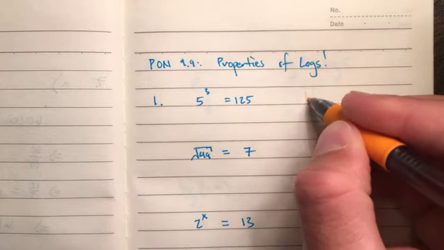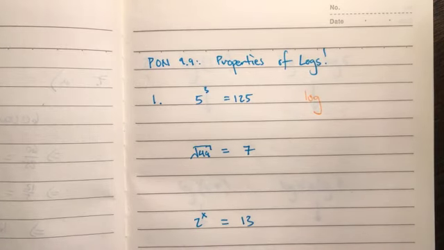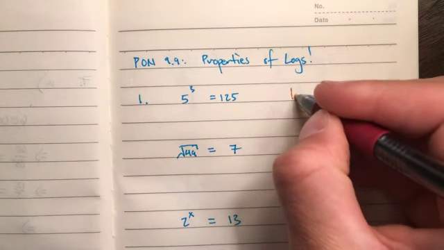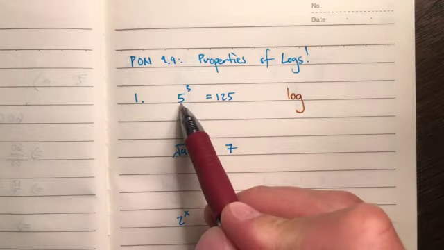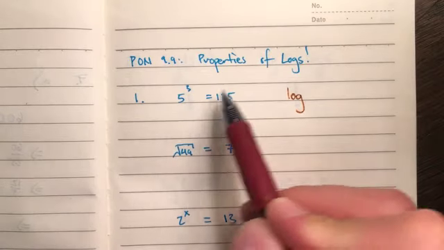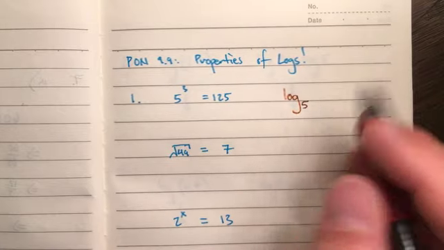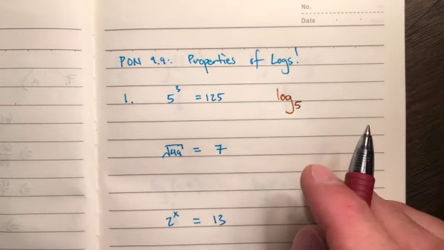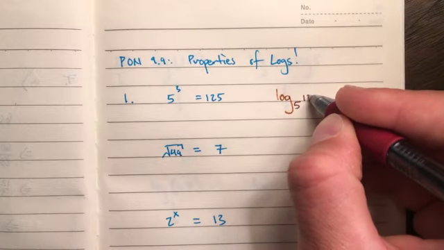the base has to be the same. Oh, that might be a little bit hard to see. Let's see here. Maybe I'll choose this color instead. The base has to be the same. So since the base of the exponent is 5, the base of the logarithm has to be 5. The logarithm is always equal to the exponent. And so that means that it should be log base 5 of 125